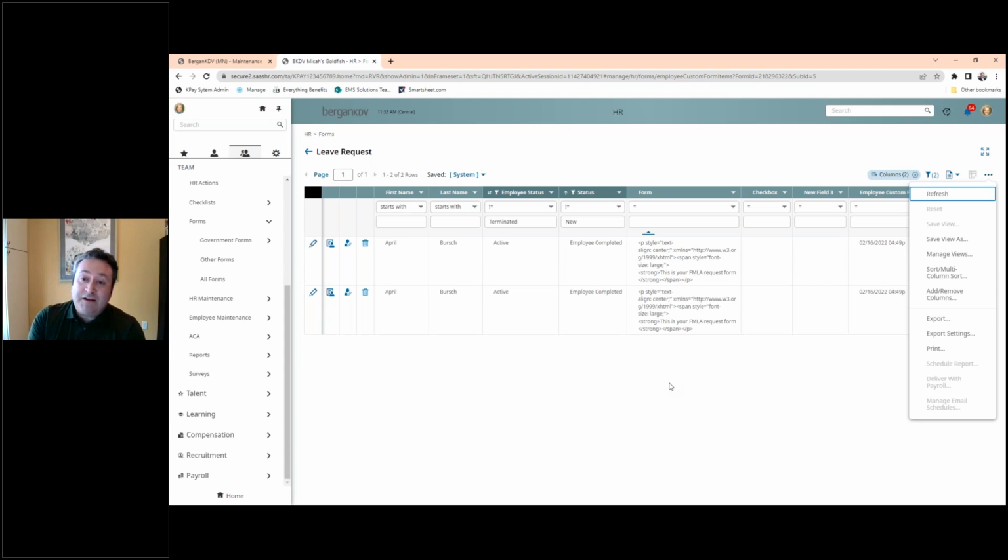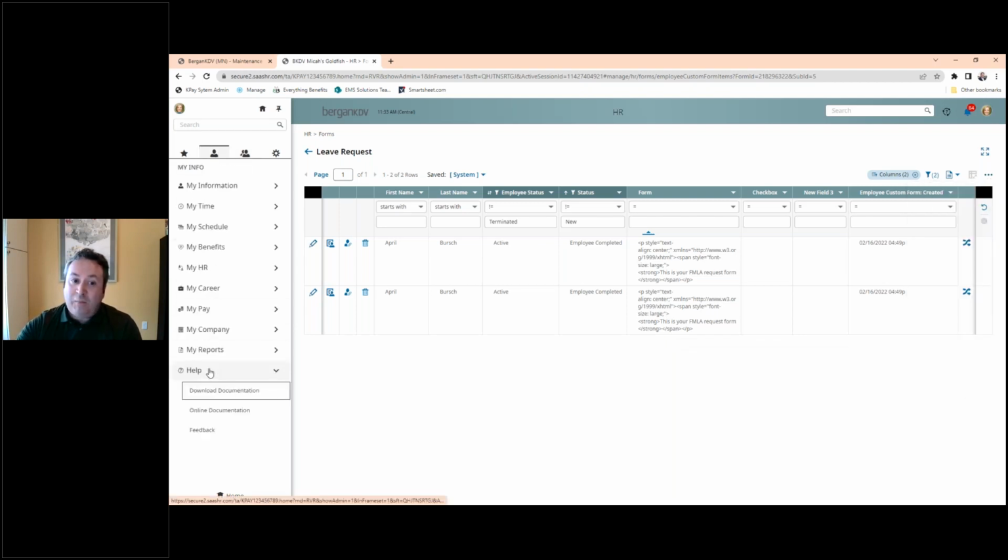The last thing I want to mention in terms of additional resources is there are some great trainings about custom forms. There's one about creating custom forms. There's one about adding list items to custom forms out under Learning Center. And so that's going to be under your My Info and Help and Learning Center. So go take a look at that. If you have questions about custom forms after, that's going to be a great resource. And as always, of course, if you need assistance, you can reach out to the support team. And we'll be happy to either set up forms for you or help you through the first couple that you do so you get comfortable